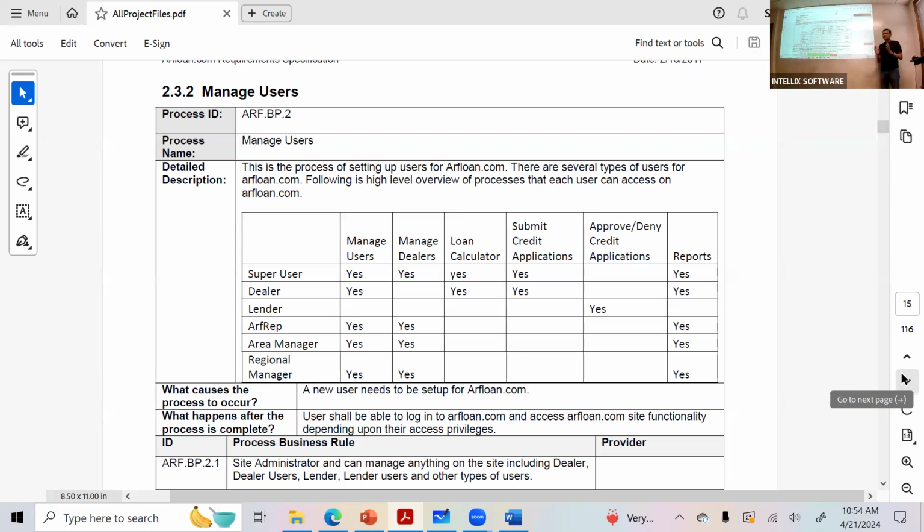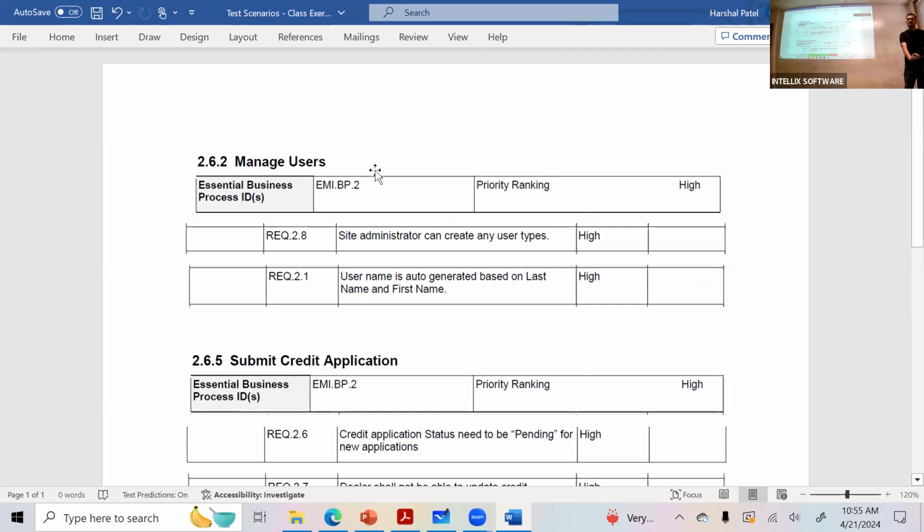It's okay. We're trying to set up a new user for the upload.com. There you go, right? This process is all about setting up new users, so you are creating new users, updating users, all those things. Any requirement under manage users applies when you are creating a new user or updating a user and so forth. So when I flip back here, it says manage users, so that's a business process. All these requirements listed here for your testing apply when you are either creating a new user or updating a user and so forth.